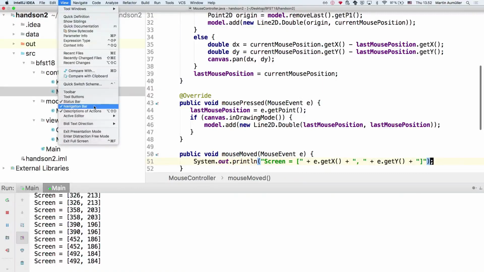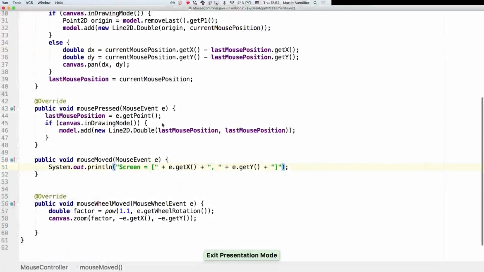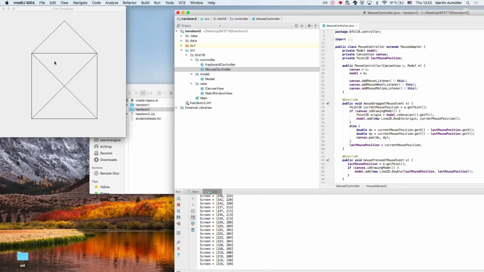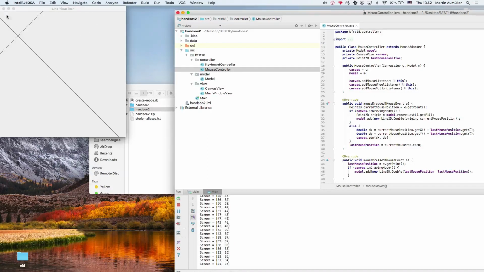If I'm now moving around here, you see down there what the mouse position is. It's at 0, 0 down here, and it's about 500, 500 down here. If I zoom in, nothing changes. This is 0, 0. This is 500, 500. About that. And that's the problem. We add lines in this 0, 0 to 500, 500 screen. We don't say how it currently looks. We can't take into account that we zoomed in, or